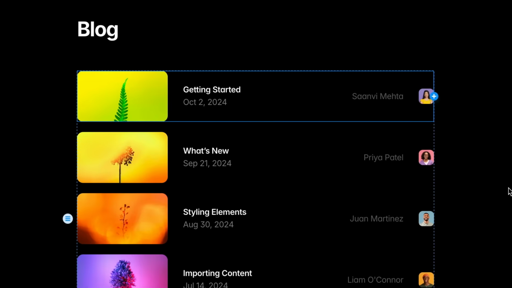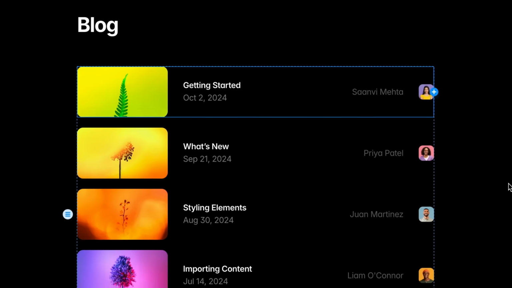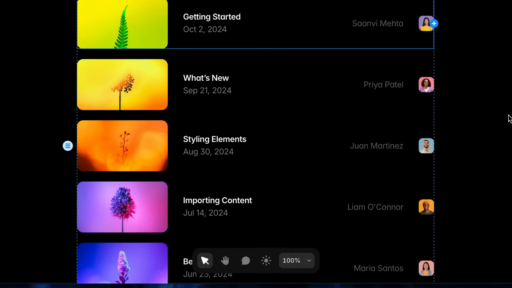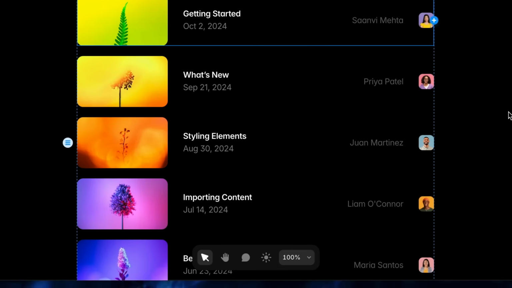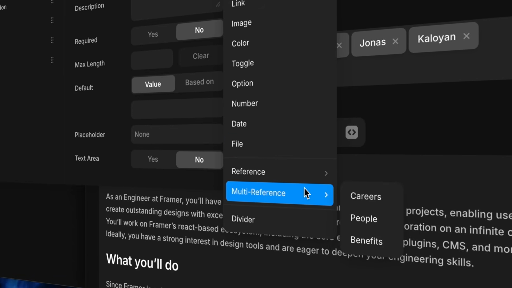And bam, we're grabbing content from the authors collection based on what's referenced in the articles collection, which also means that any changes made in the authors collection will automatically propagate to every single article that references it. Game changer. We've also added a new multi-reference field for those situations where you want to display several items from